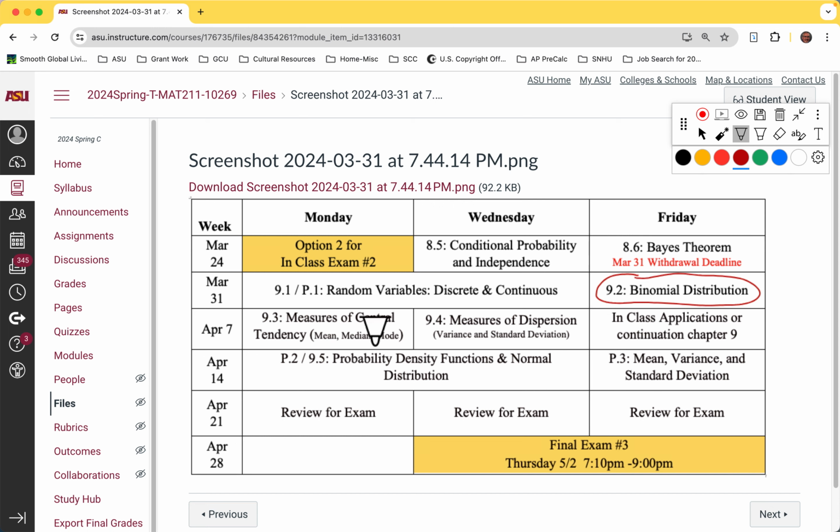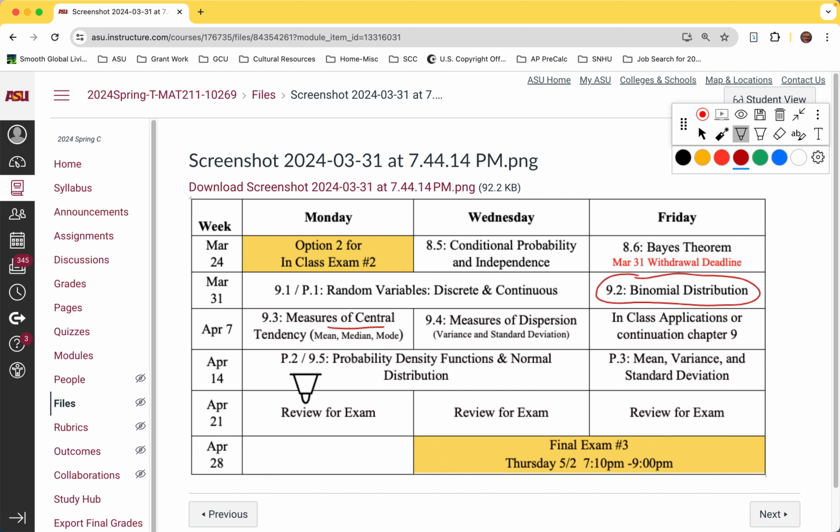Next week, we'll look at central tendency, which is mean, median, mode. So it's really getting more and more into statistics. And that's kind of where is the center of data. And then we'll look at variation or standard deviation, how spread out the data is. So we look at those two measurements. And then Friday, we can kind of finish up on things.